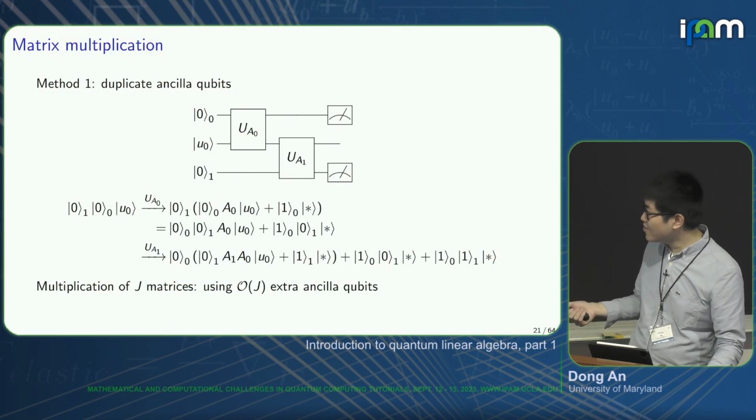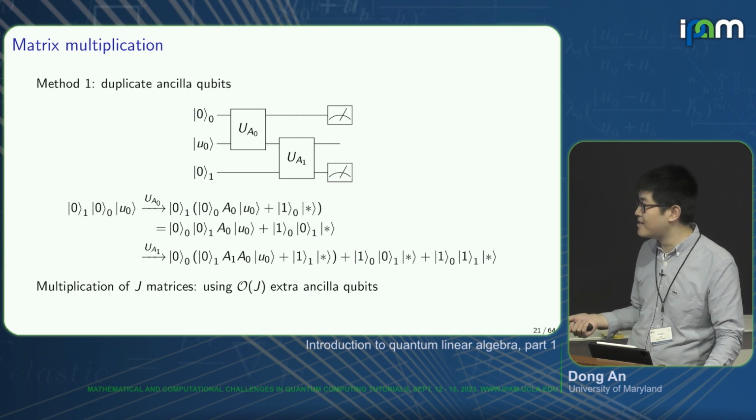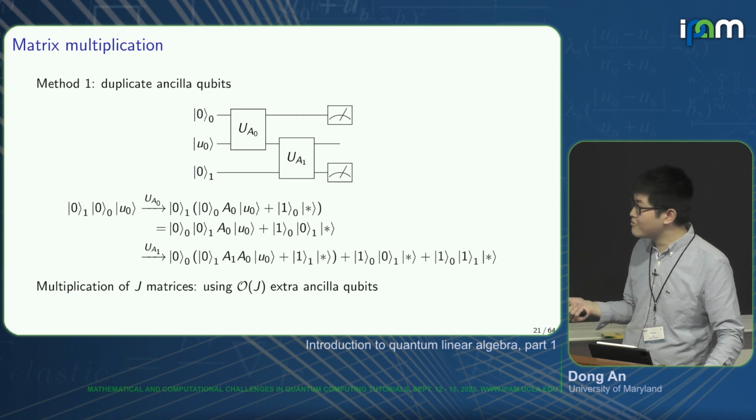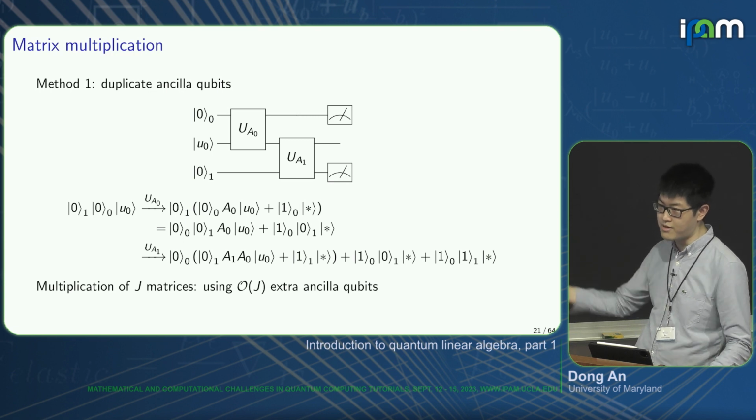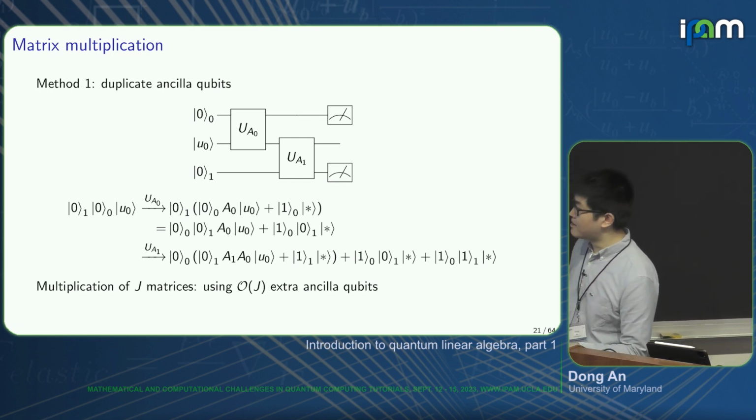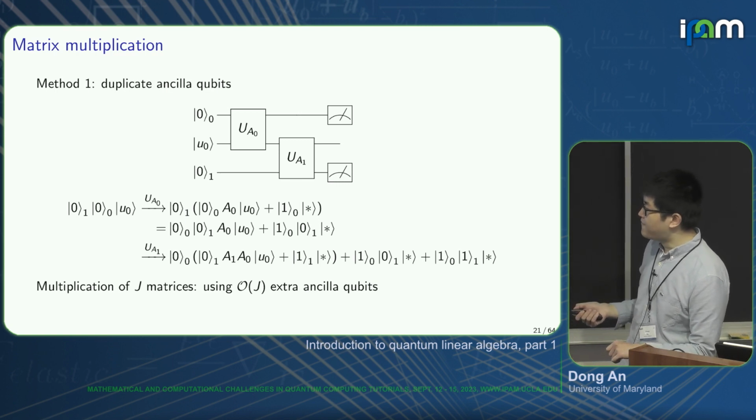Okay, so we will do this kind of duplication of the ancilla qubits, and you can see that for the multiplication of two unitaries, we use two ancilla qubits. We have a 0, we have another 0, with a subscript 0 and 1, which indicates which block encoding it corresponds to. So we have two ancilla qubits, and then we apply my block encoding of